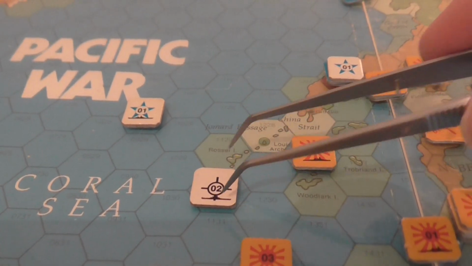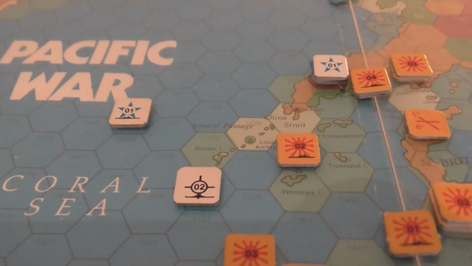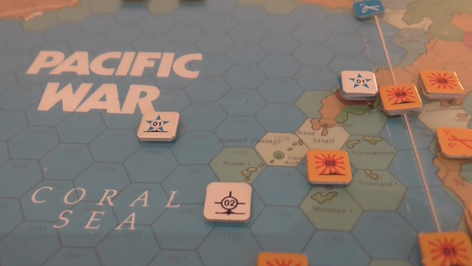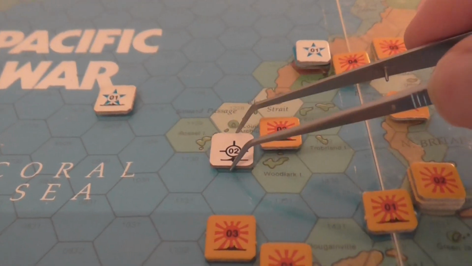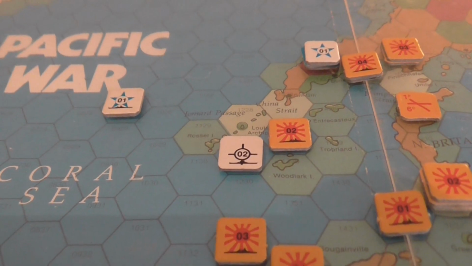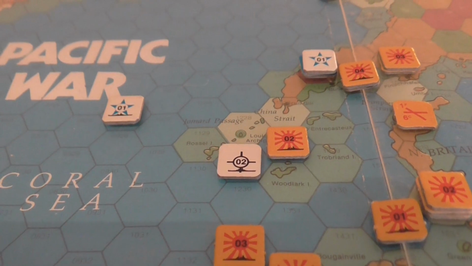It was a blue detection, so not perfect, but they know that there's two non-capital ships in there and no aircraft carriers, so you know, and they'll come in here. And I think that's what the Americans want to do for movement, and then they've got an air mission phase,